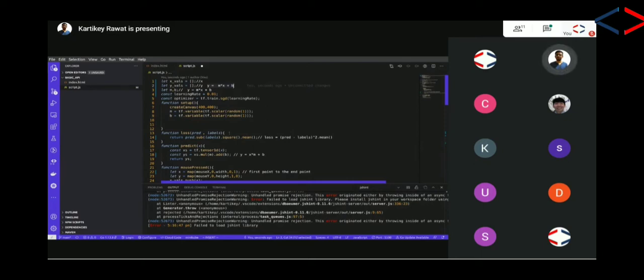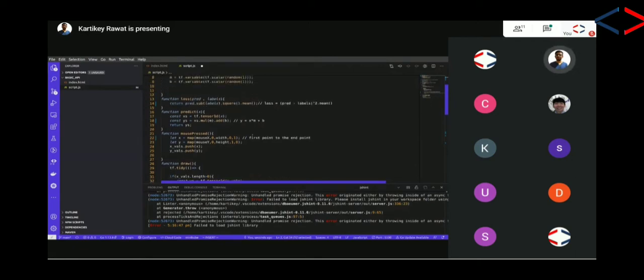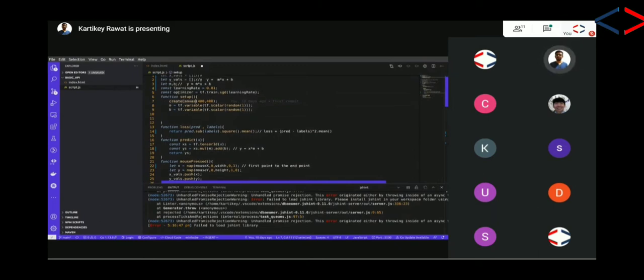First, this is a JavaScript kind of thing. I'm just adding the points on the canvas. For creating the canvas, I'm using p5.js. I'm creating a function setup. In here I'm creating a canvas of 400 comma 400, and for m and b, the constants which I am able to tweak, I'm creating